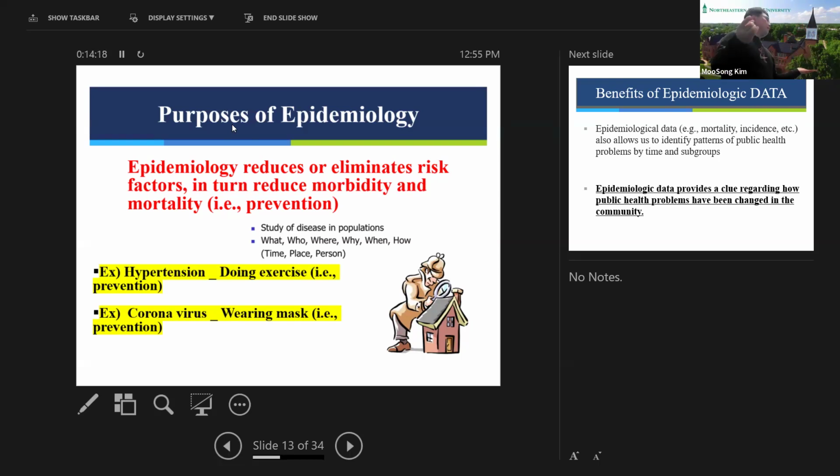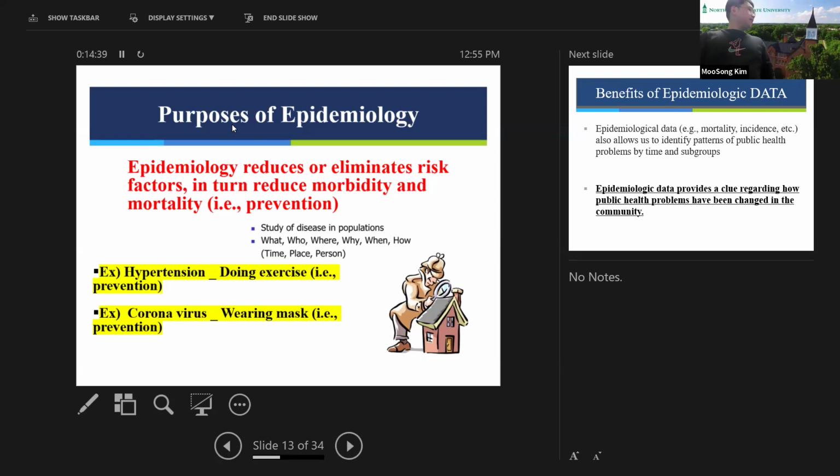Exercise has many benefits, right? So exercise actually eliminates the risk factor for cardiovascular disease. And as the coronavirus spreads, to prevent it we wear masks, and these kinds of behaviors also prevent